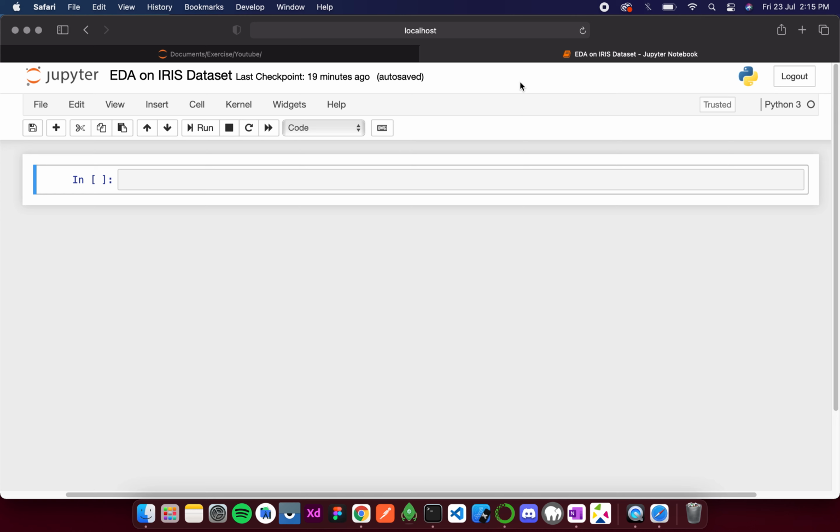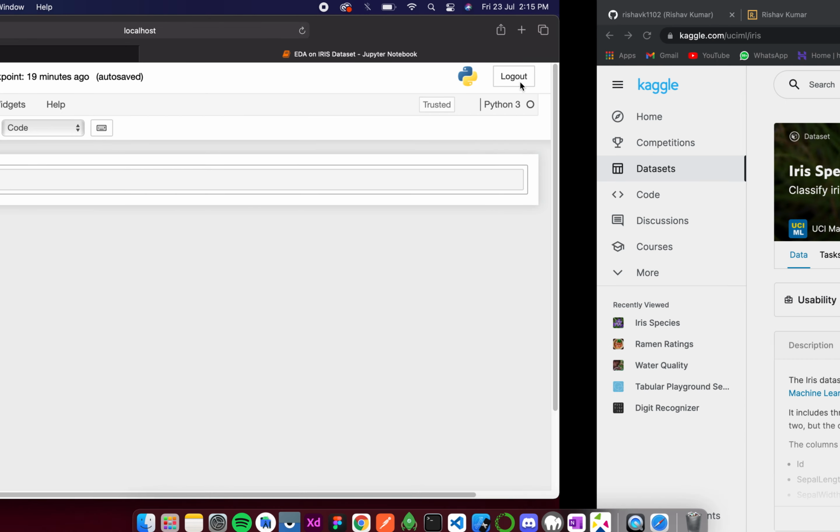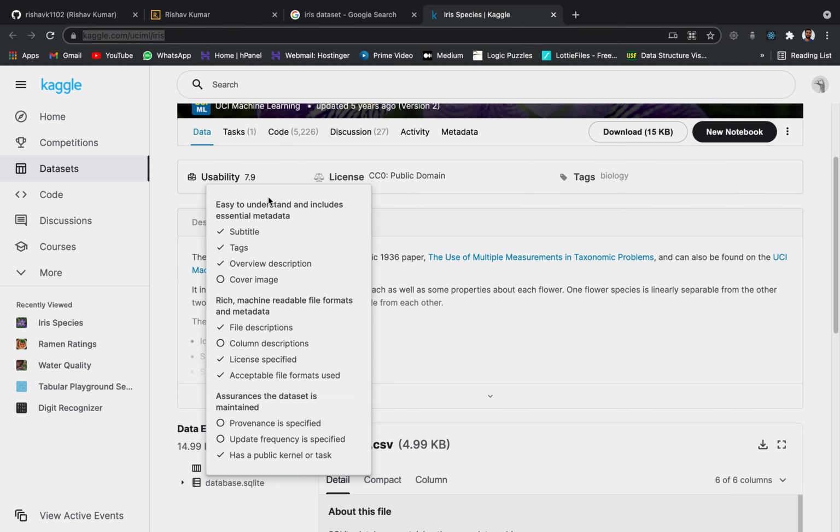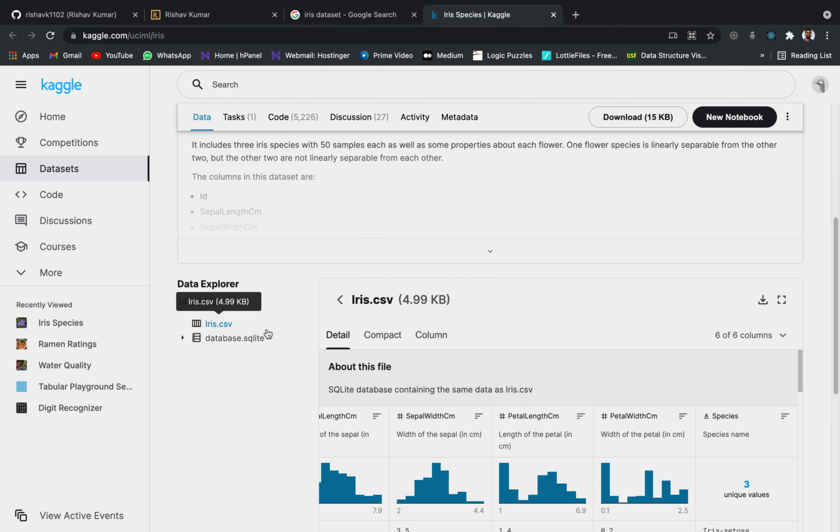Over here we are gonna apply exploratory data analysis on the iris dataset. The iris dataset is a very popular and very basic dataset. It was first used by a scientist called Fisher, I am not sure if that's the correct pronunciation. After that this dataset has become very popular, and it is also referred to as the hello world of the data science field. If you want to download it you can simply go to this link and download it. Over here this is iris.csv, and you simply need to click on this button.